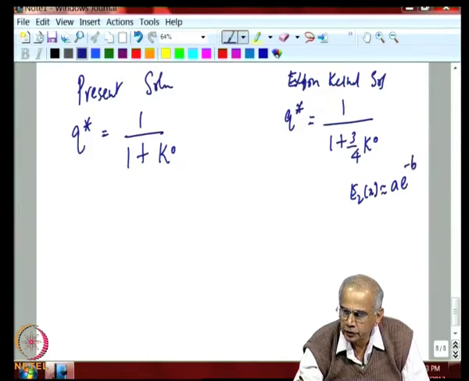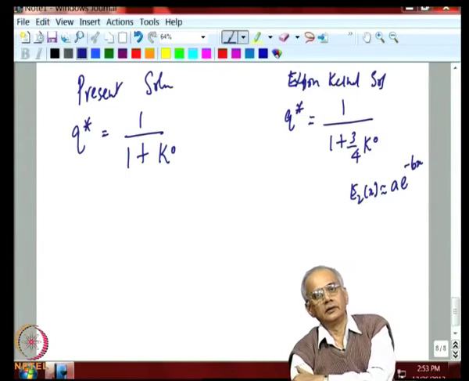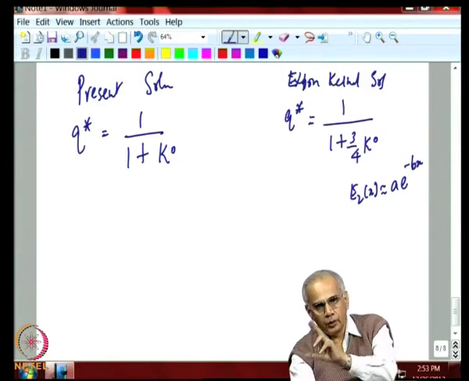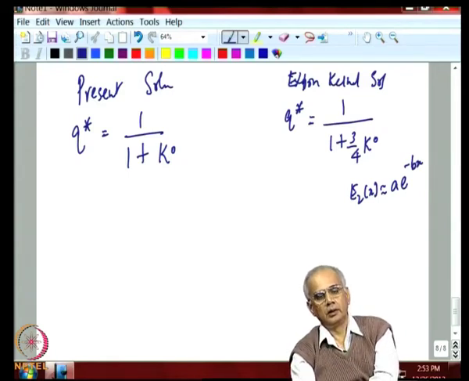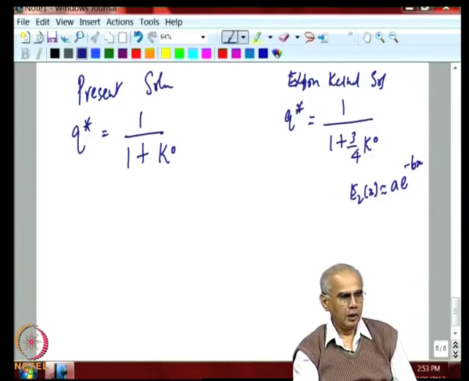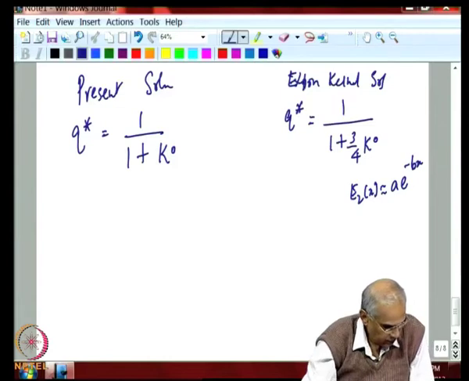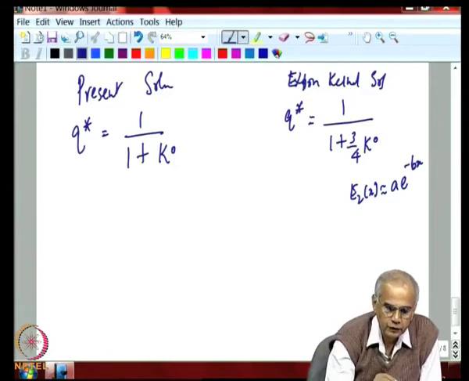We said depending on the choice of A and B, we can get different results. So, once you make an angular averaging and approximation, then you must realize that the answer is sensitive to the choice you make. So, this is not identical to the result we got earlier, only because then we look at the solution for